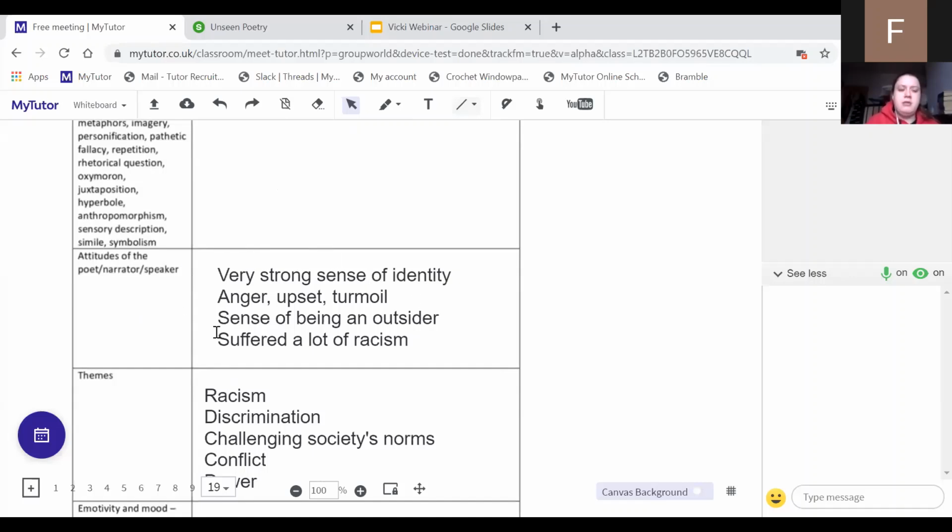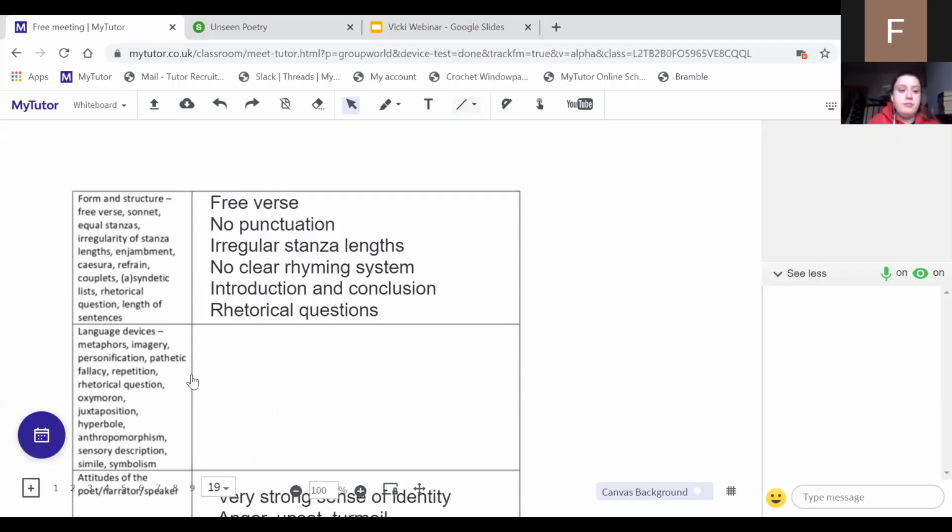I've talked quite a lot about the poet's attitudes, but that's really important because that is almost the question: how does the poet present the speaker's attitudes towards identity? Attitudes is in there, so we definitely need to be doing that in every paragraph. I've talked about some language devices, so I've started to tick some of those boxes off. I've mentioned that it's free verse,